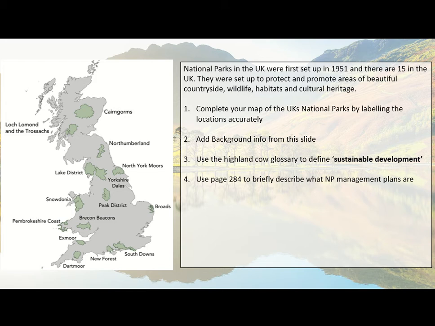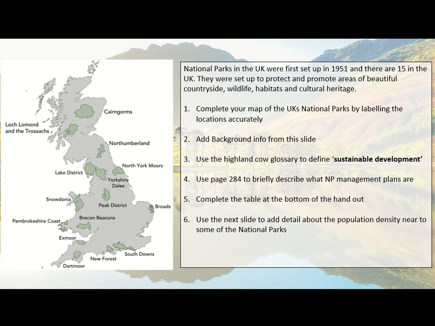Again, if you've got access to the Highland Cow textbook, this would probably be the easiest way to fill the information, but page 284 just describes what national park management plans are, but once again you will be able to actually look this up on the internet fairly easily. Then complete the table at the bottom of the handout,